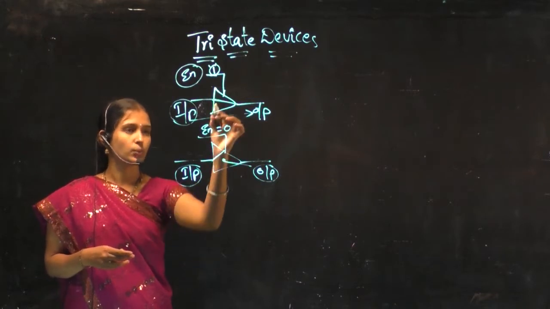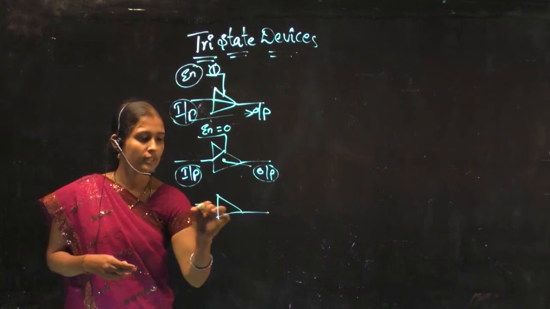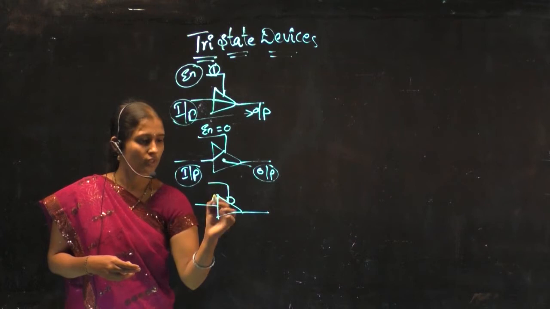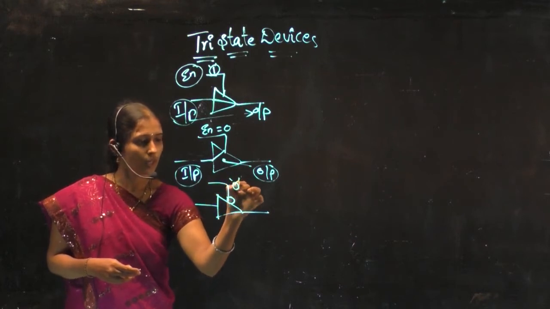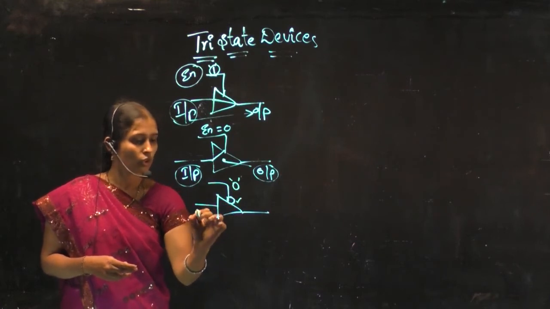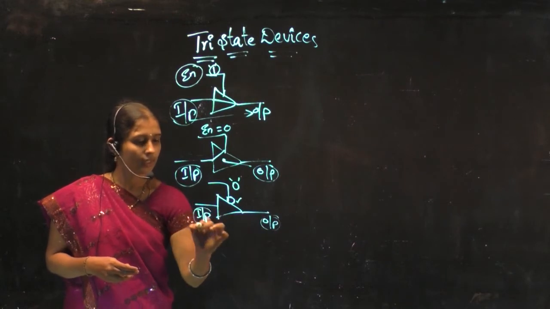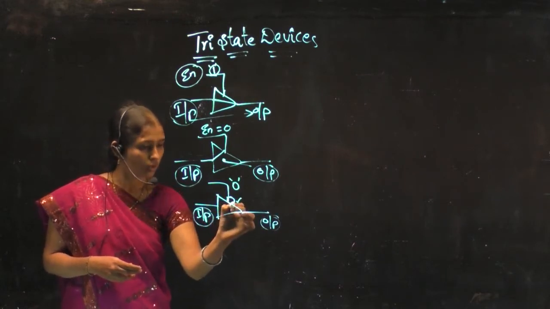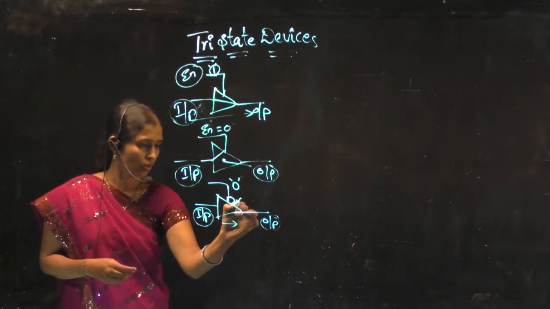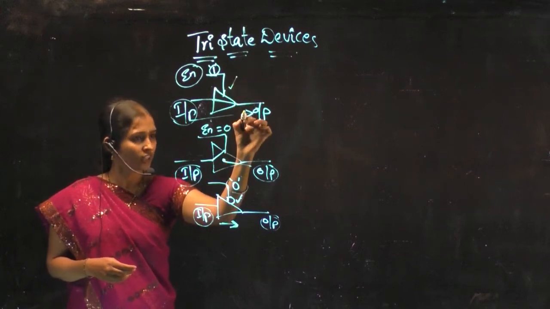This is for active high tri-state buffers, whereas suppose it is an active low signal. That means if I provide 0, then only this will be enabled, so whatever your input, you will be getting your output. Okay, that is nothing but your active low. Like this is a non-inverting buffer, active low, and this is your active high, non-inverting buffer.